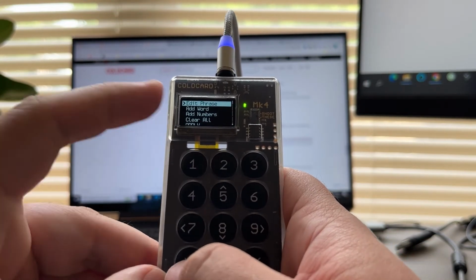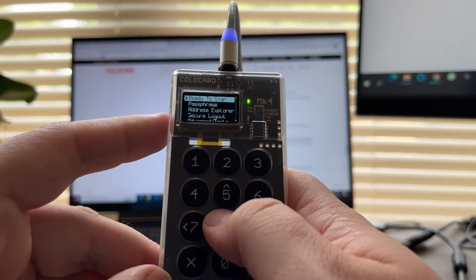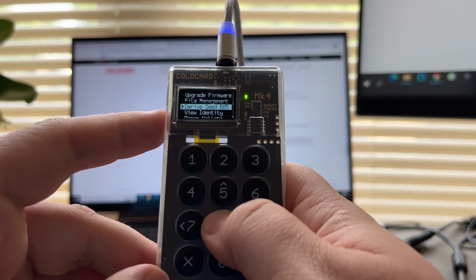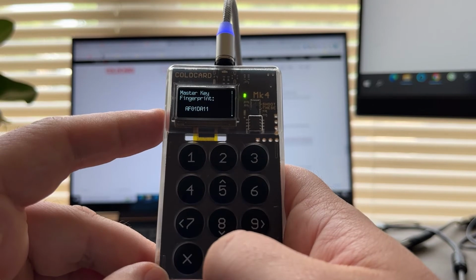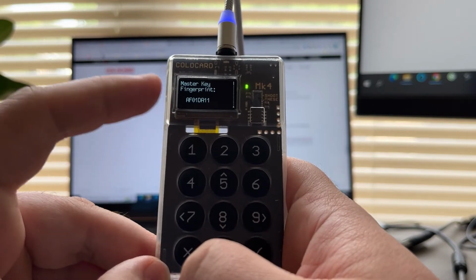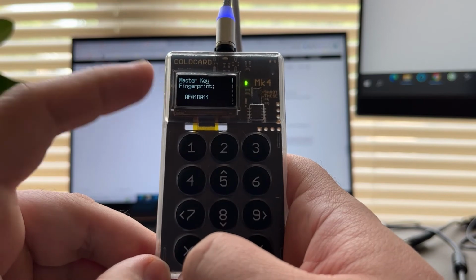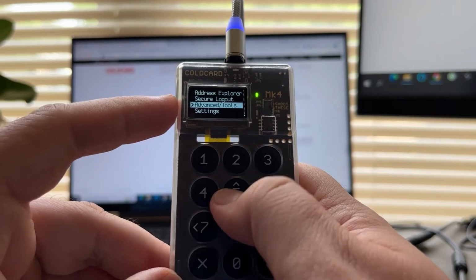So let's actually do two things. I'm going to come out of that real quick. Let's hit cancel, and let's go to Advanced Tools, and let's go to View Identity. And so we have this master key fingerprint. Okay, so take note of this, AF, 01, blah, blah, blah. Now, if we were to come back and